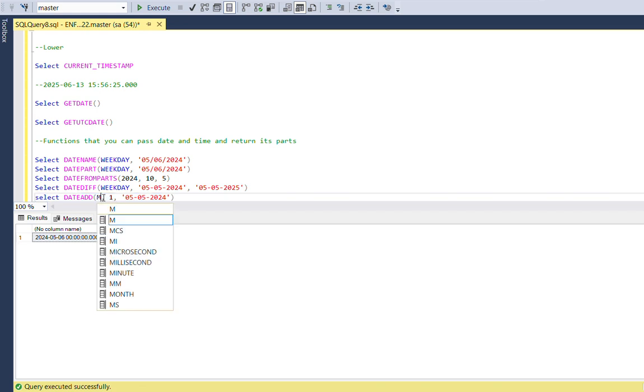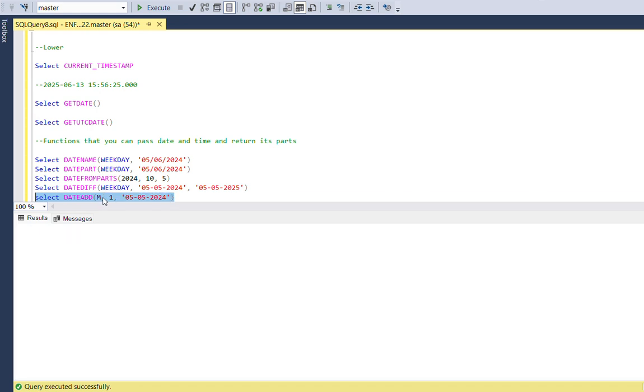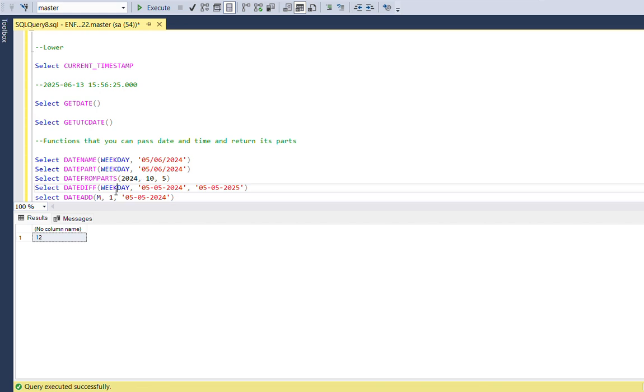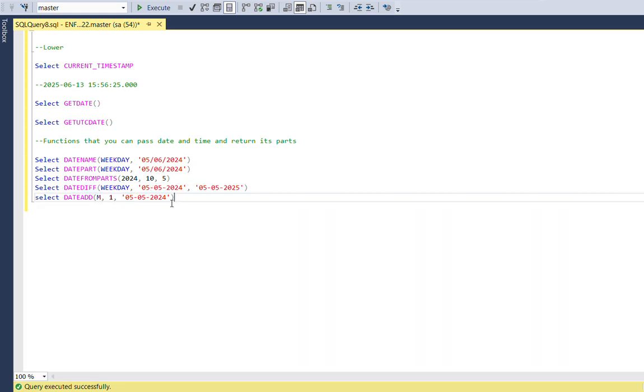Suppose I want to add it in a month. You can mention it as month. Okay, this way you can use DATEADD. Here also with DATEDIFF you can see how many months the difference is. So 12 months it will show. Okay. Then